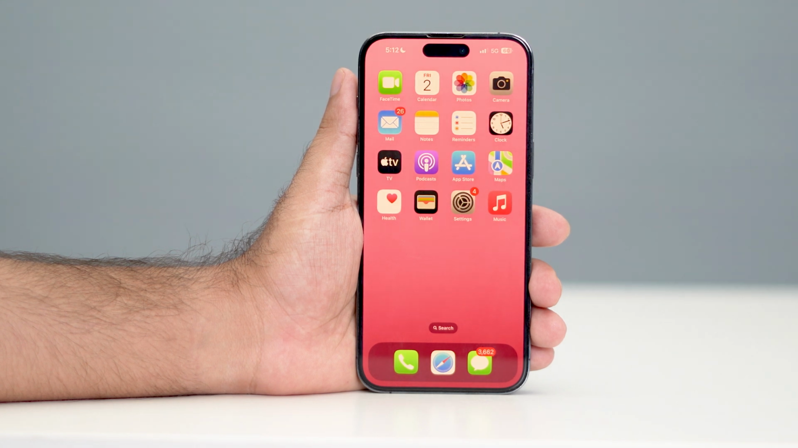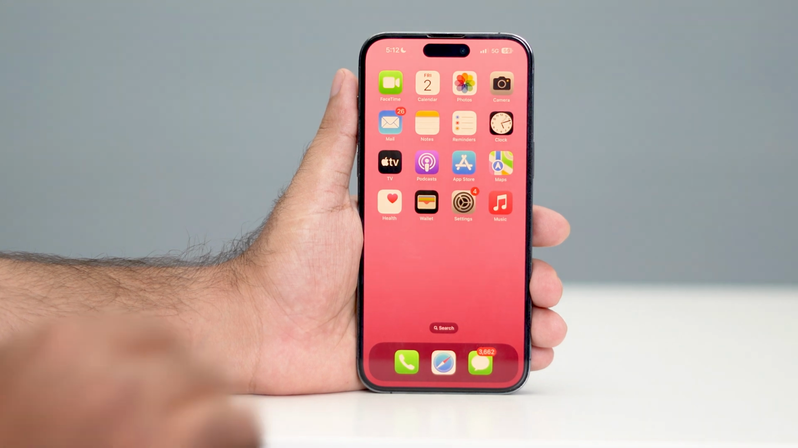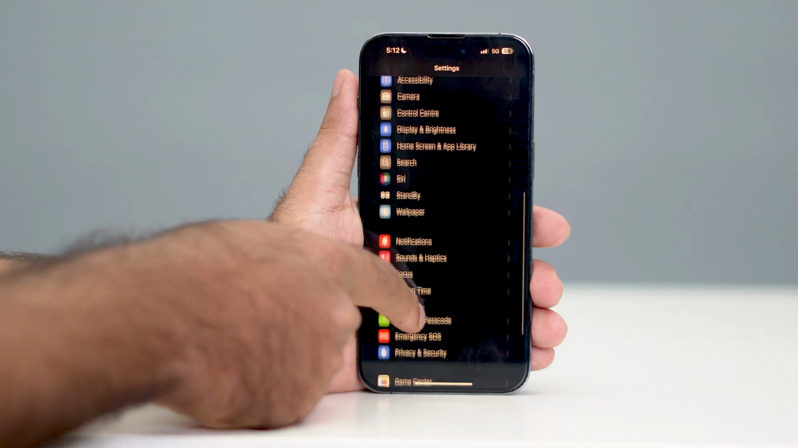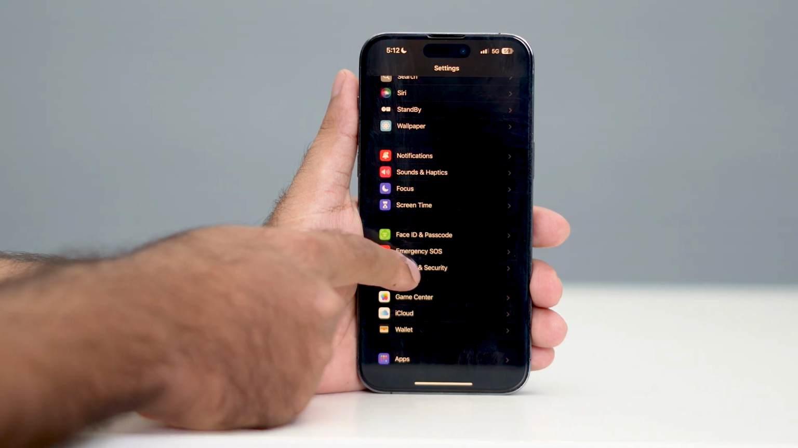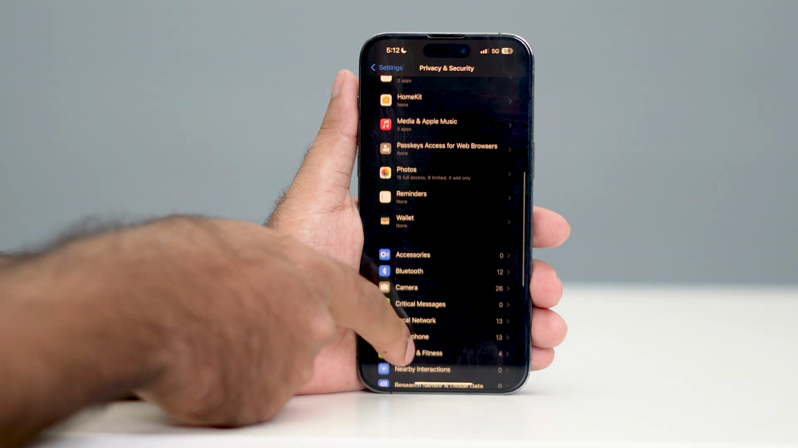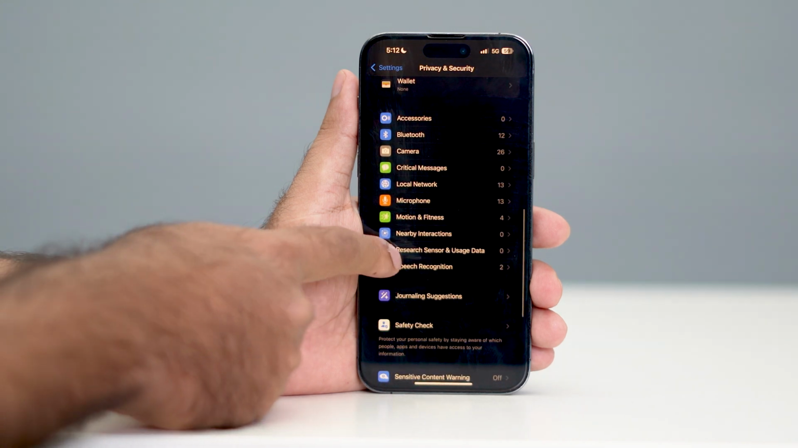off sensor usage and data on your iPhone. So let me directly get into the steps. The first one, just go over here in the settings. Now from here you have to scroll down and navigate to privacy and security, tap on this one. Now from here you have to scroll down, and over here you have to navigate to research